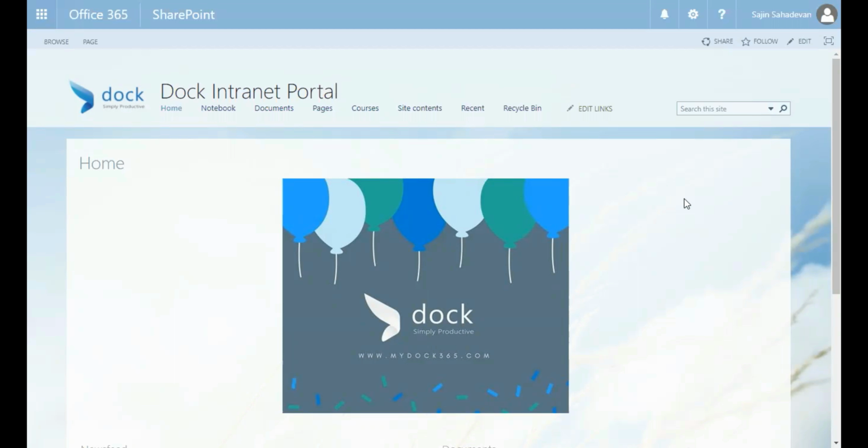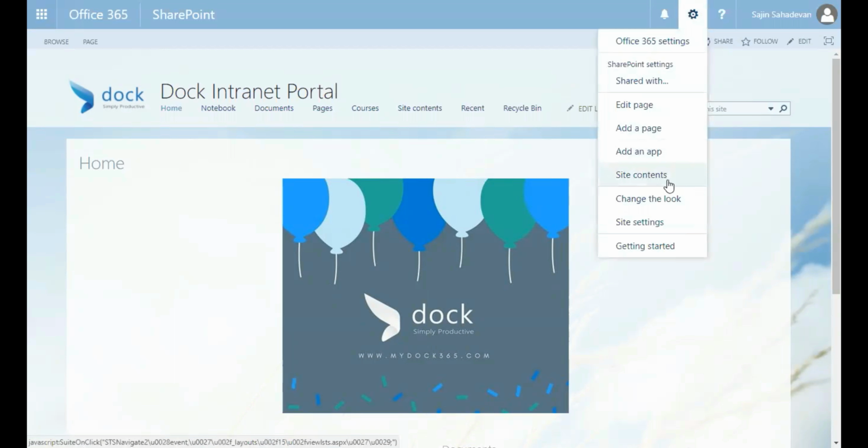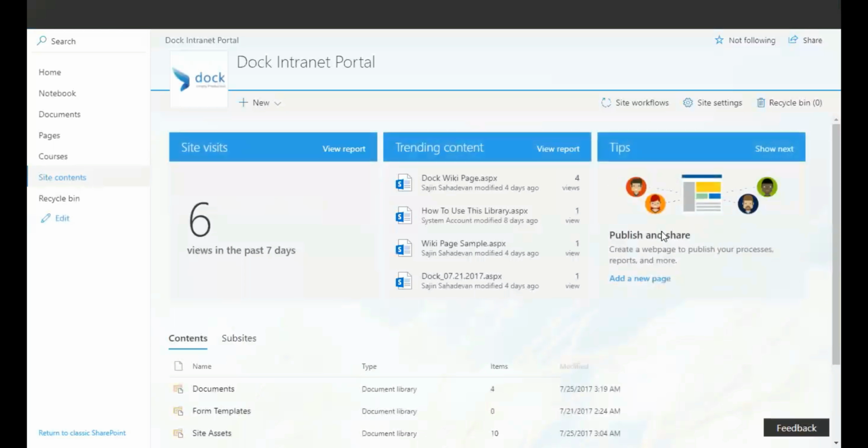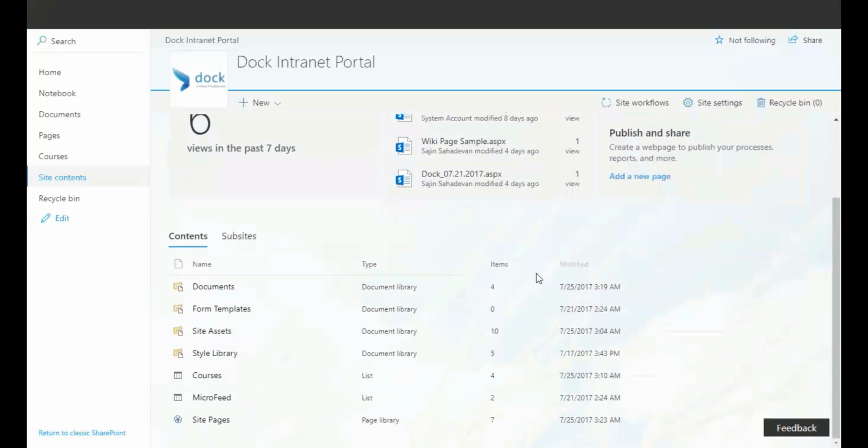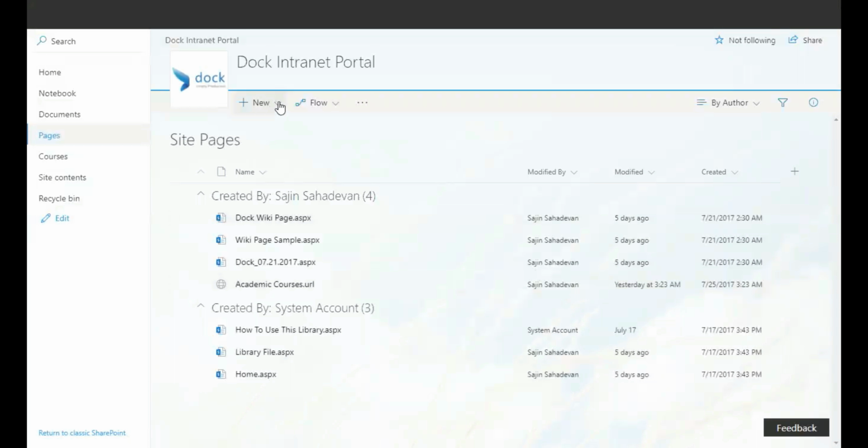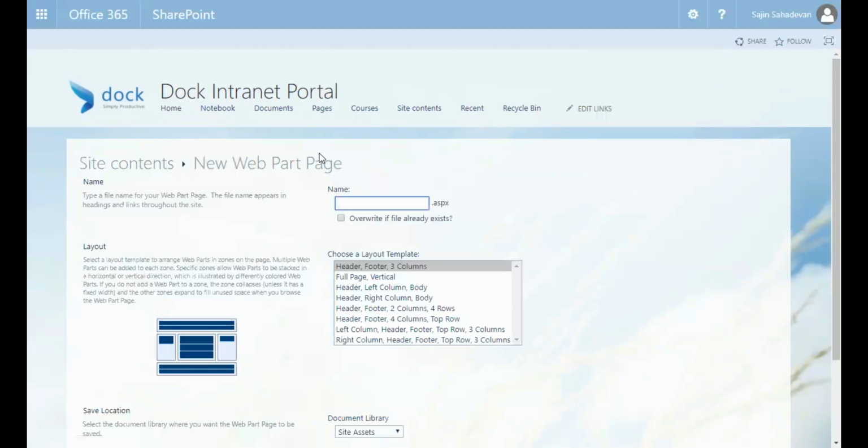So what I'm going to do is go ahead and create a site page, so let's do it from scratch. The first thing you need to do is go to the gear button, go to site contents. All right. Now you need to scroll a bit and go to site pages. And now go to the new tab. You need to select the web part page. Okay, now let's call it